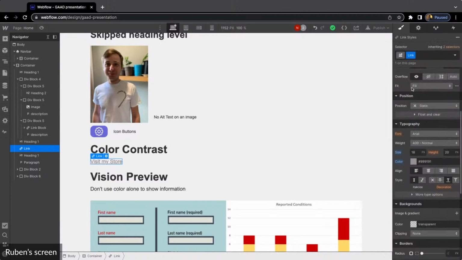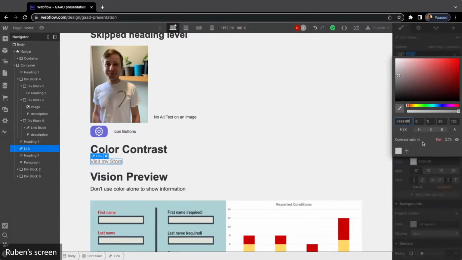Well, if we go to the Style tab, select the text, go under Typography and select the color, we see there's this contrast ratio over here, and it tells us that we're failing. We're at 2.73. What you want is at least a 4.5 contrast ratio to your background. So are we just going to drag this around and wonder where we're going?